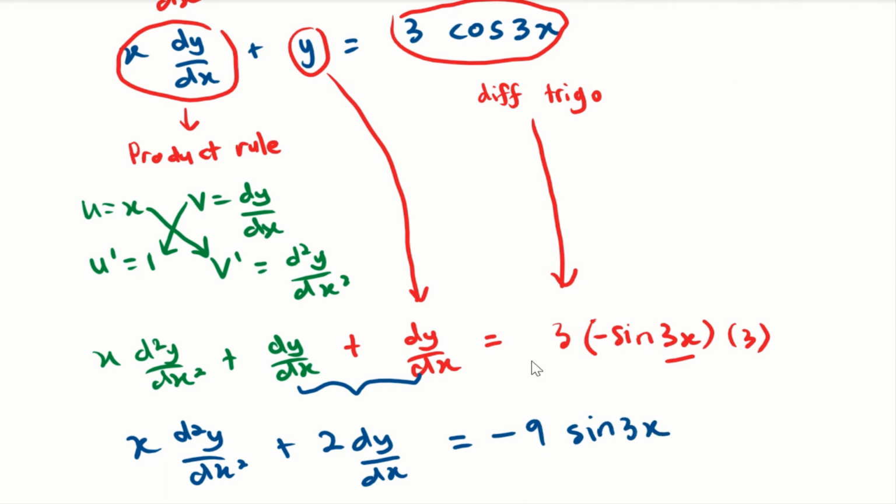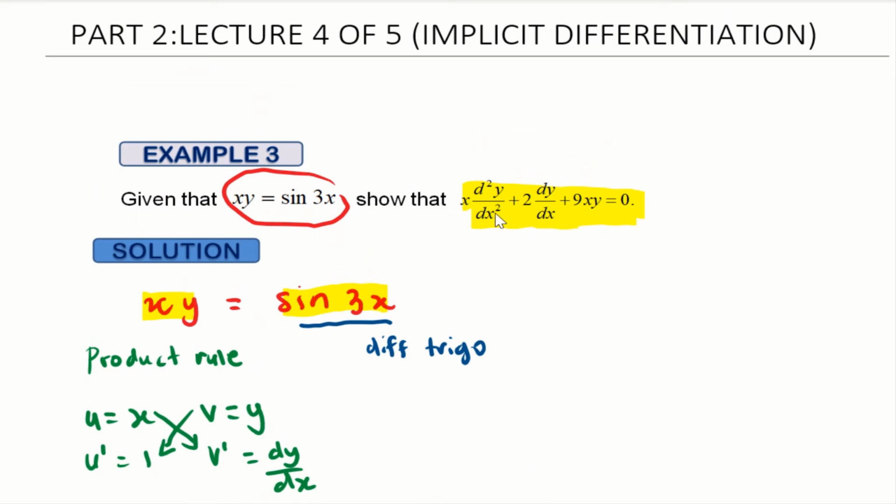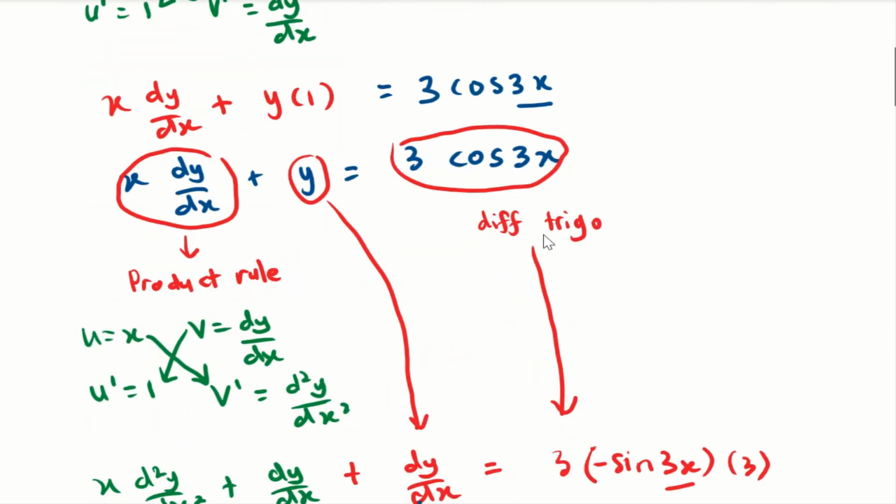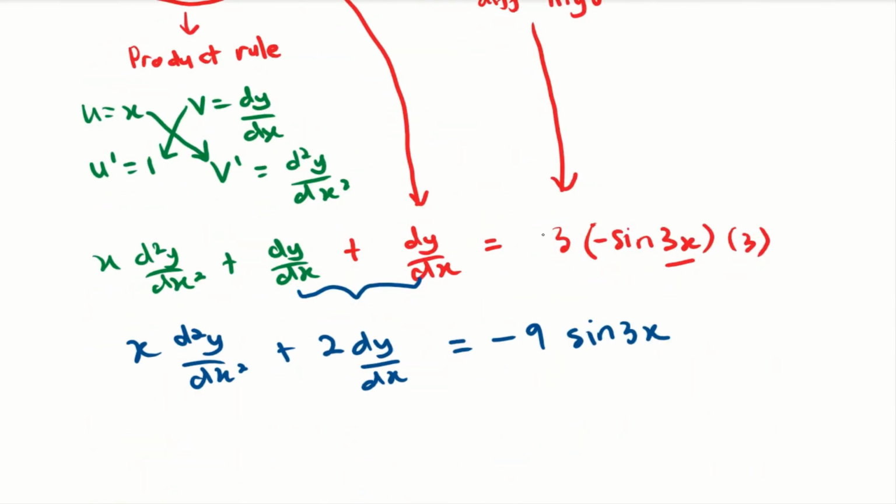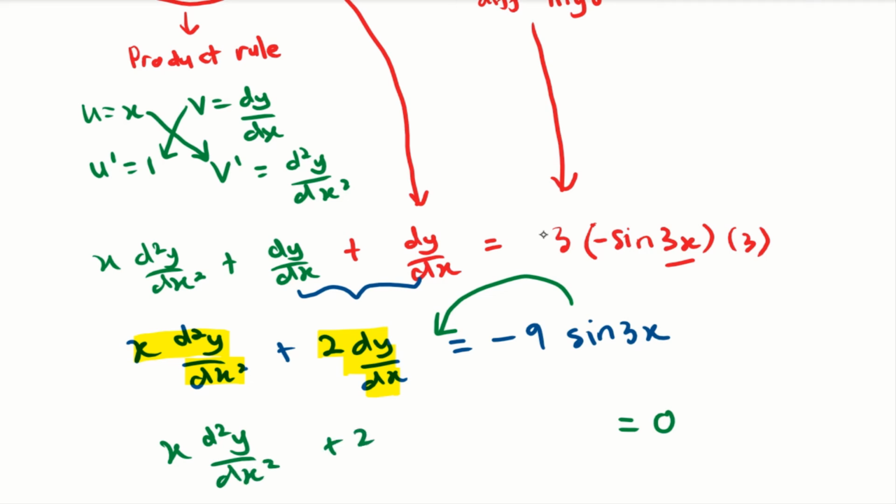So then back to question. Kita punya question, kita nak show x second derivative of y plus 2 dy dx plus 9x square equals to 0. So jadi kita dah ada, untuk yang depan kita dah ada. Okay, and then sebelah kanan kita mesti dapat equals to 0. So jadi yang ini kita bawa ke sebelah kiri. So x d2y over dx square plus 2 dy dx plus 9 sin 3x. Kalau tengok kat sini, kita nak dapat dekat 9 sin 3x ni, suppose kita kena dapat